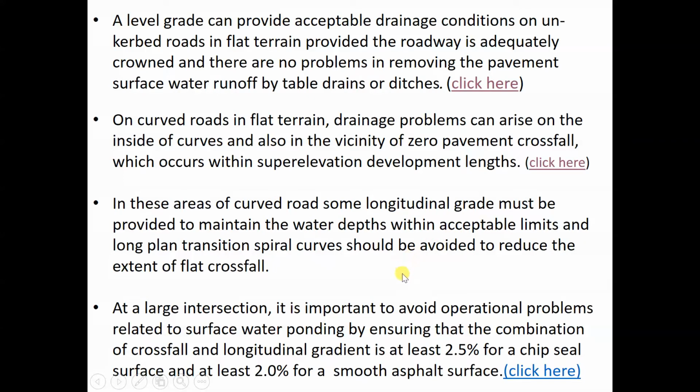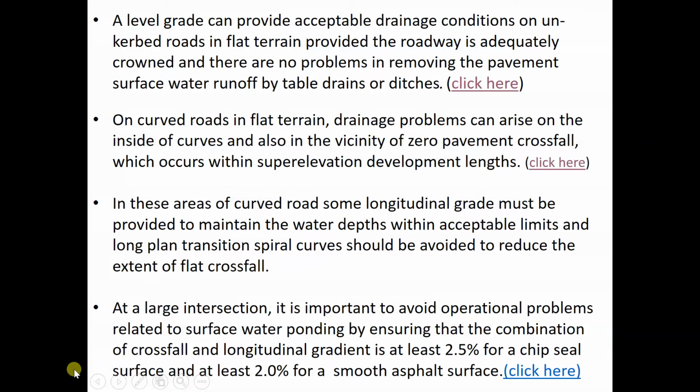Because if it's flat, zero, the water is not moving, then there might be a drainage problem on the surface of the road. It could be ponding, or even a film of water on the surface of the road. It could be hazardous as well, because it could create some sort of aquaplaning, where the vehicle will lose contact with the ground,